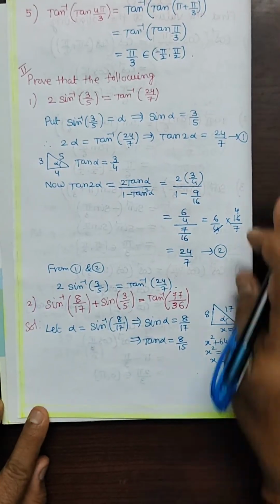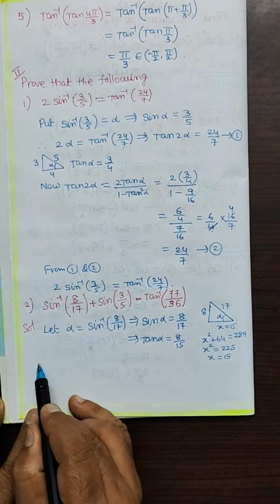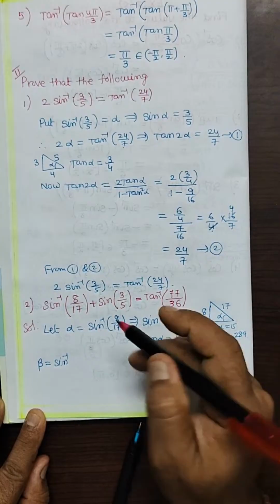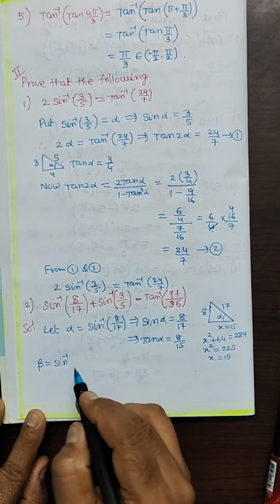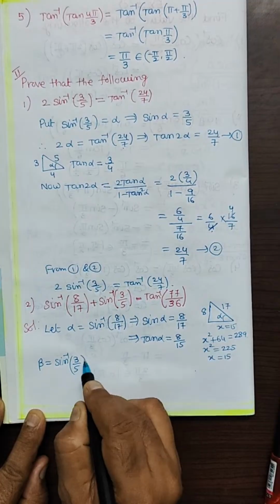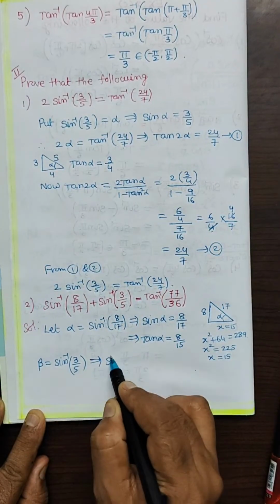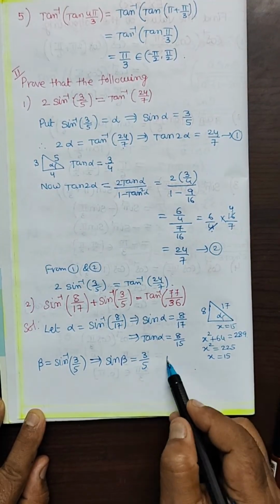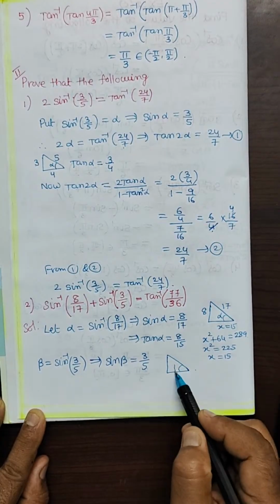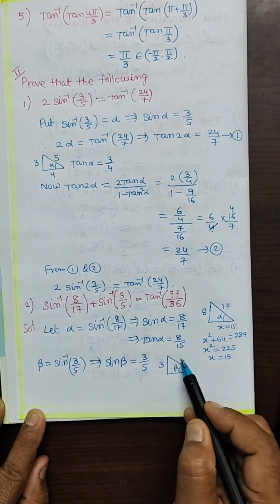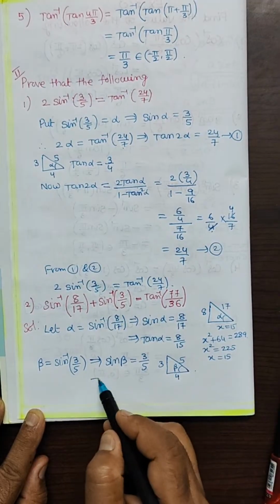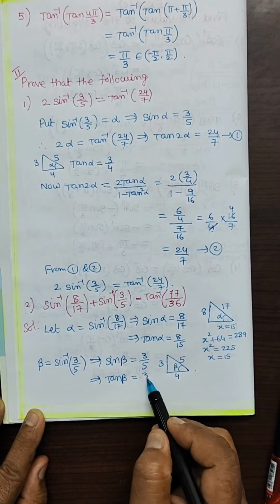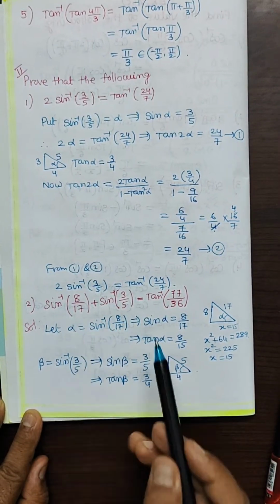Similarly, beta is equal to sin inverse of 3 by 5, here I forgot to write. So that implies that sin beta is equal to 3 by 5. Even here also you have to draw the rough figure of right angle triangle, 3, 5 and 4 here. So from this, tan beta is equal to 3 by 4. So therefore this equation will become